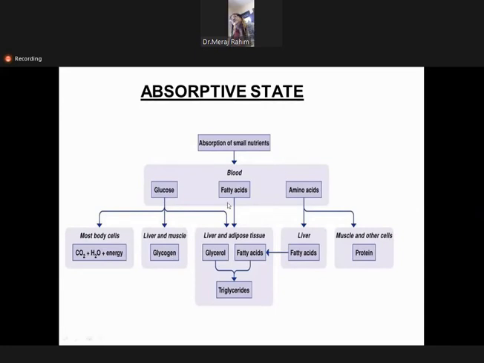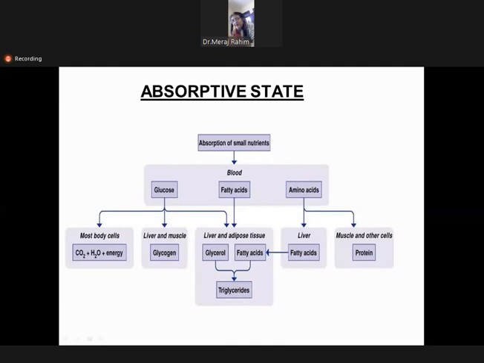Then coming to the fatty acids, which have been absorbed by the blood from the GIT, the fatty acids may go into the liver. In the liver, the fatty acid can break into glycerol and fatty acids, and the fatty acids can again form the storage form, that is, they can form triglycerides. Then coming to amino acids, they can also be utilized into store. Like this, fatty acids got stored into triglycerides when they were excess in the blood. And if they are more than excess, then they will be circulating in the blood, causing increased levels of lipids in our blood.